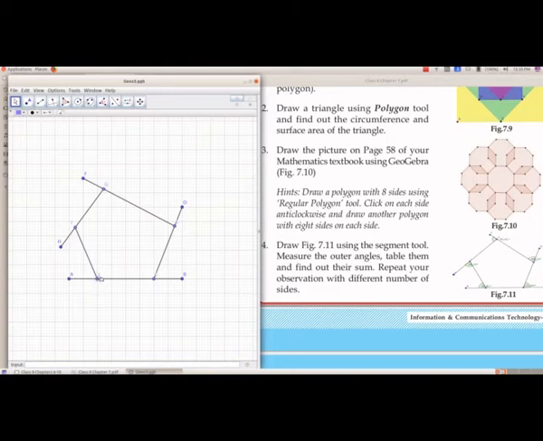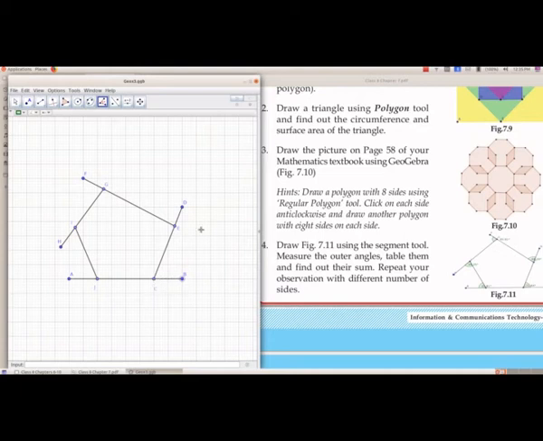So here we have the point C, and one more is there, this E. And now we are going to measure the outer angles. So to measure from group 8 we will select angle, and we will measure, we want measure of angle BCD. So we will select the points B,